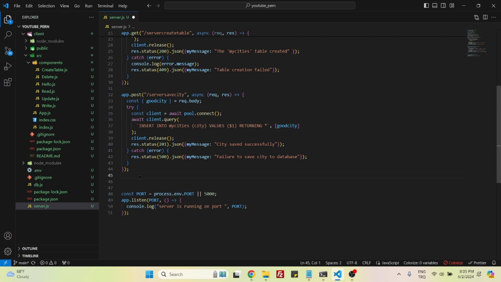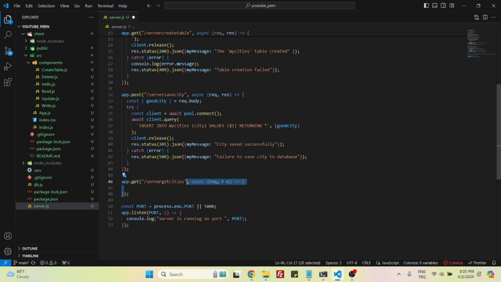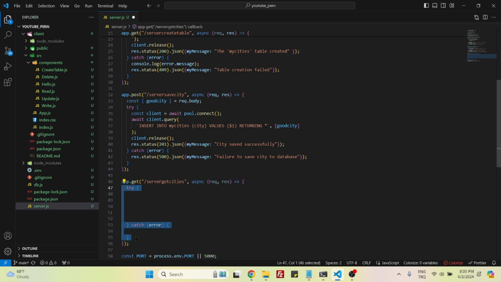So on the server file we will create our server route with app.get, and then let's create a route to be descriptive, server get cities, and then asynchronous request response function we need to create. Of course, it will be better to use try and catch here, and the catch part is the same like all the others. And in the try part, first we will create our client special object, and then we will be creating another variable to store the data from database, and we will be using the query method of client,